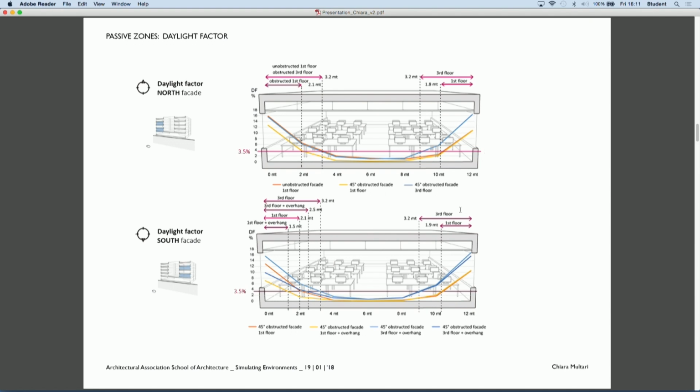As you can see, the depth of the passive zone is always reduced by the impact of different factors, and one of these factors is obviously the obstruction.